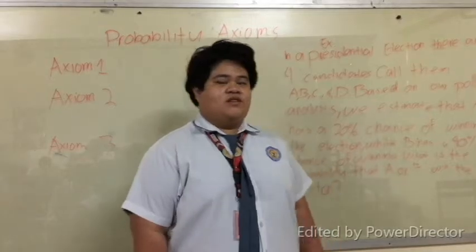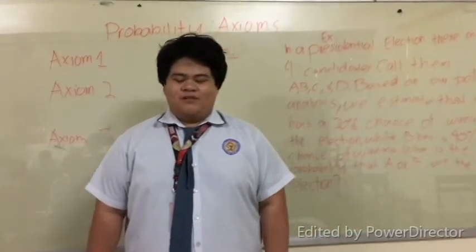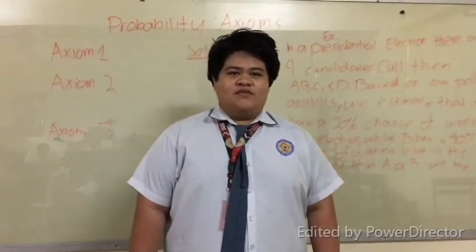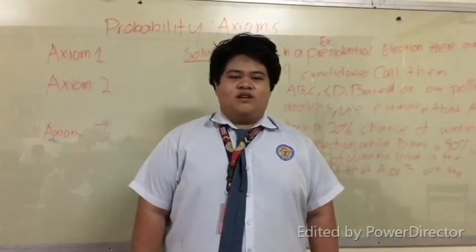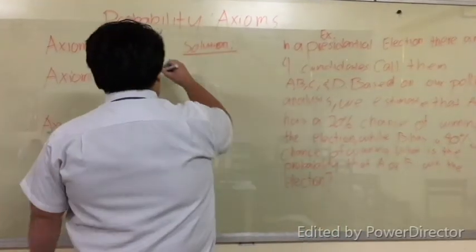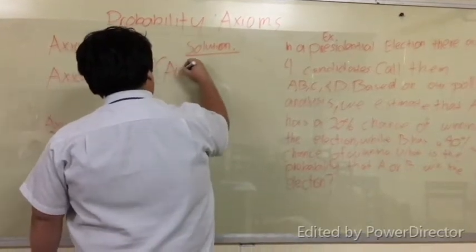For example, the third axiom of probability: the probability of the union of two disjoint events is the summation of the individual probabilities. Therefore, P of A wins